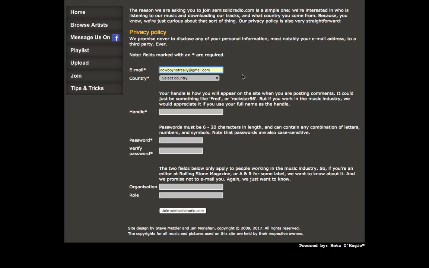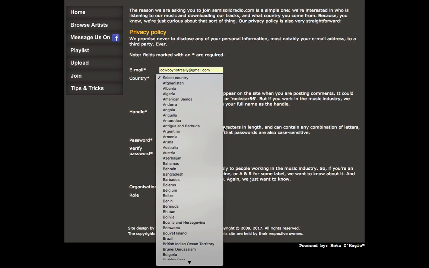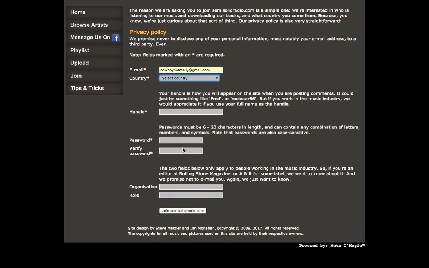Okay, so I created not too long ago this kind of fake Gmail account for Cowboy, but Cowboy's taken like 30 times over, and Cowboy 267 doesn't quite have the same ring to it, so I went for cowboynotreally@gmail.com, and now we have to select a country from the drop-down list. Cowboy, we're from the United States, but I'm not going to scroll all the way down to the bottom for that, just for a demo. So today, Cowboy's an Aussie band,